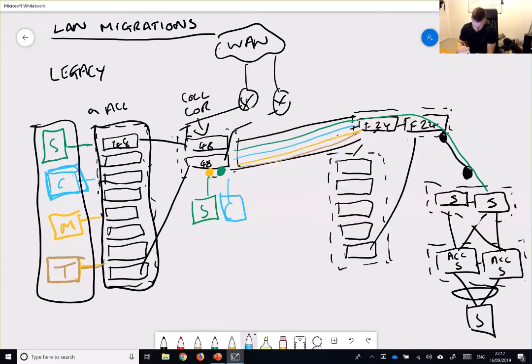So basically what you've done is you've built your new infrastructure out in that modular fashion. And you've stretched the layer 2 from the legacy into the new, so that you can move physical connections from the endpoints into the new switches, right?